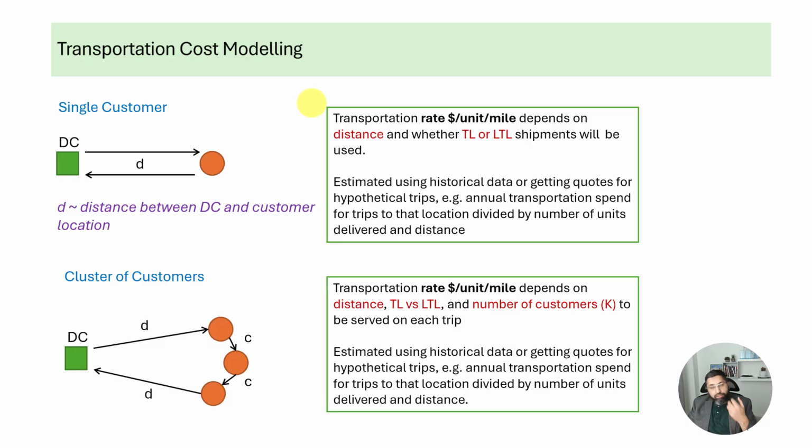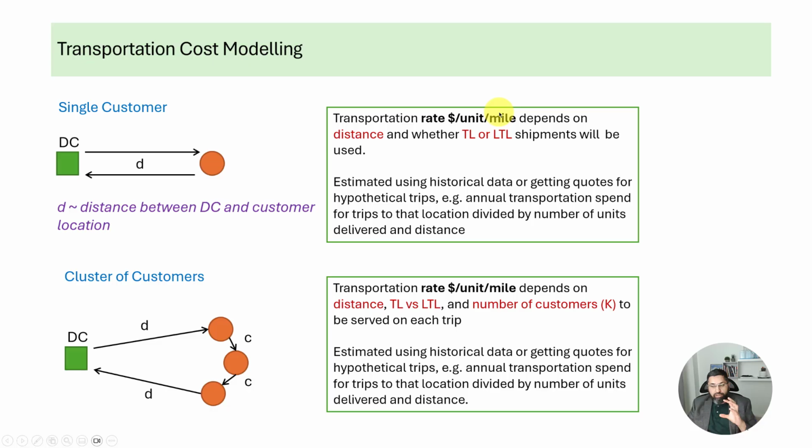Or sometimes you specify the transportation rates in dollars per unit for each route. So if you go from the DC in this city to the customer in this city, this is how much you spend per unit, and the distance is already factored in. So you don't have to multiply by the distance because it's given for a pair of 2 points. So whether you specify transportation rate as dollars per unit or dollars per unit per mile, depending on your modeling approach, figuring out the right transportation rate is really key, because if this rate is not accurate, the model results are not going to be accurate, obviously, because transportation cost is a big part of the cost that the model